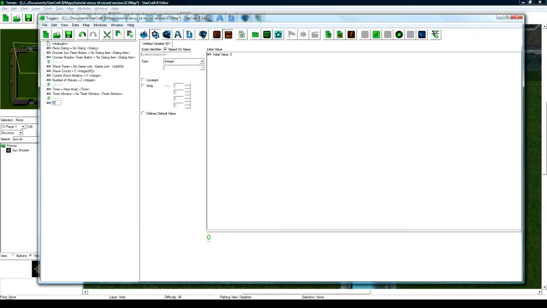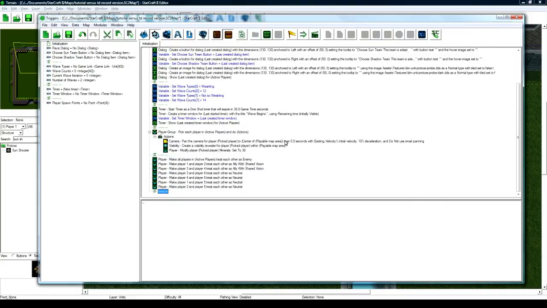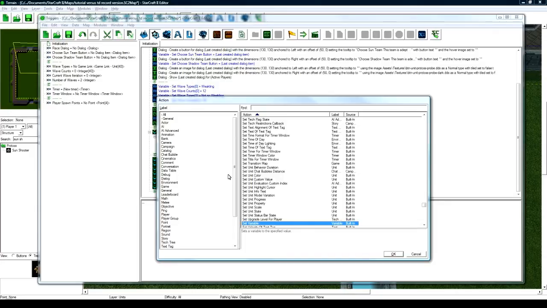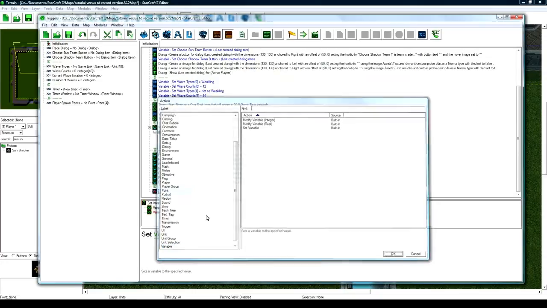Let's call this player spawn points of type point. And it's going to be an array of size 4 since we have 4 players. A list of size 4 basically. And what we're going to do is a new action in our initialization trigger here, variable, set variable, and we're going to set